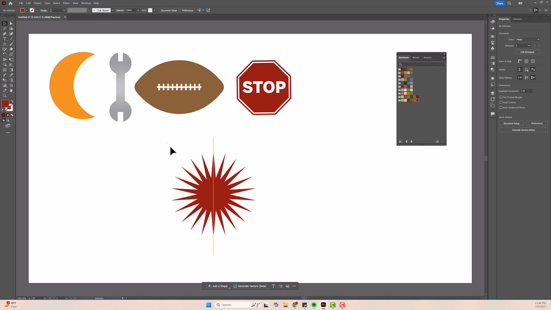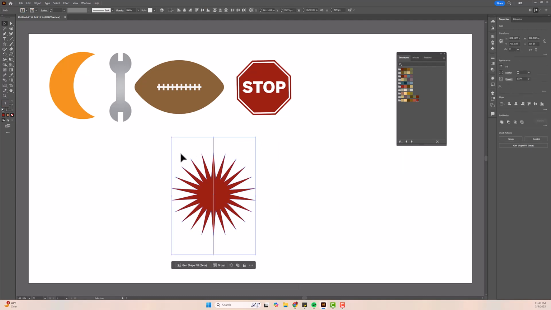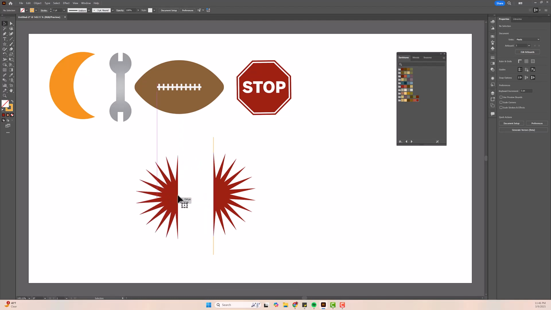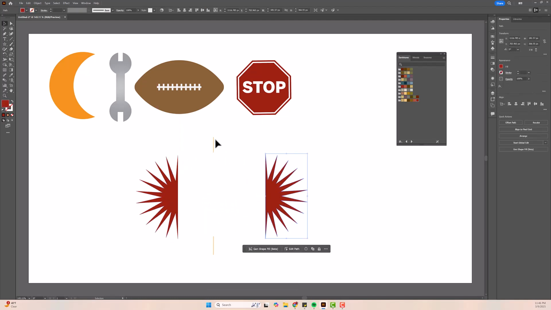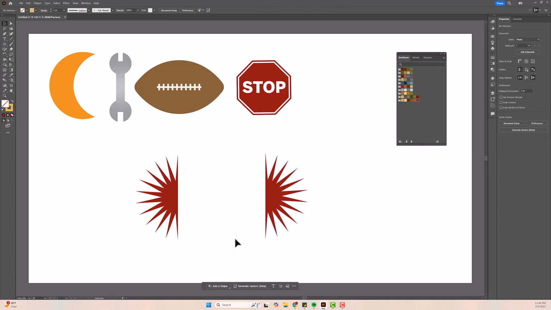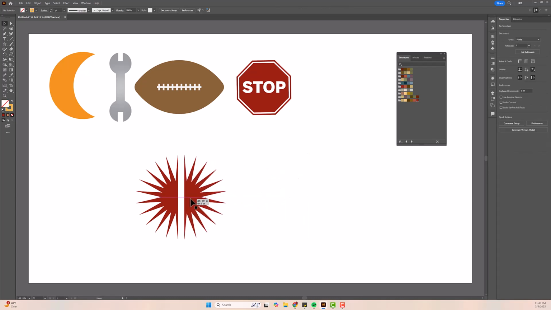Okay, so now I highlight the whole thing, and I go to the Shape Builder tool. This is another tool. The Shape Builder tool allows me to just click on this half, and then click on this half. Now, I click on the Selection tool, click off of it, and I can actually separate these into two pieces. And now you see I have this little line left over. I'm just going to select those and delete them. Now I'm going to bring these back together,